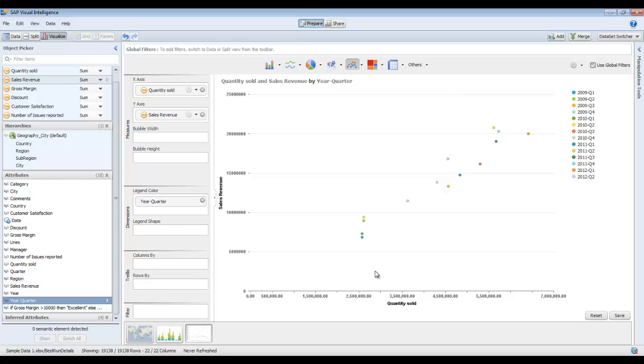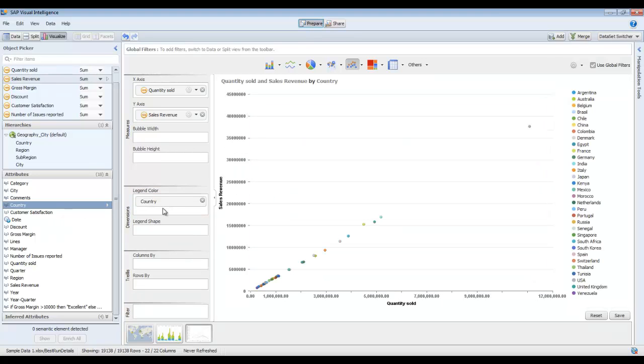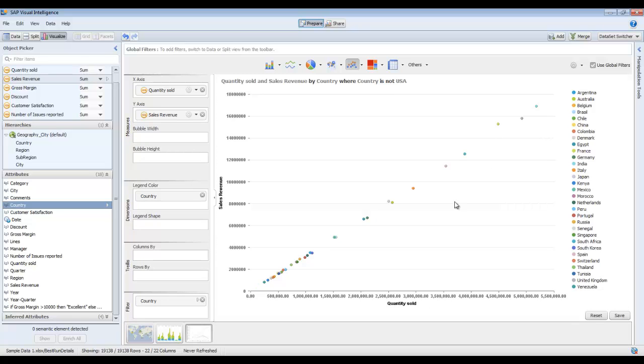So now I'm looking at, for each quarter, what my quantity sold was and my sales revenue. Let's replace year and quarter by country. So here I'm looking at my sales revenue and quantity by all the countries. I can click on a country and it highlights it in the legend. I can click on it and hit exclude. The graph